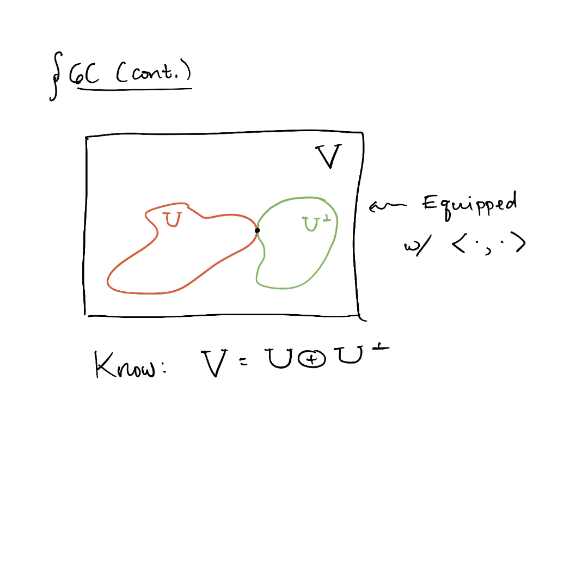When you believe that each object in V can be written uniquely in that way, it leads to an idea called orthogonal projection, where in essence, the orthogonal projection of a vector in the box V is gotten by expressing that vector as something from the red plus something from the green, and then just ignoring the part from the green. That's how orthogonal projection works. Precisely,